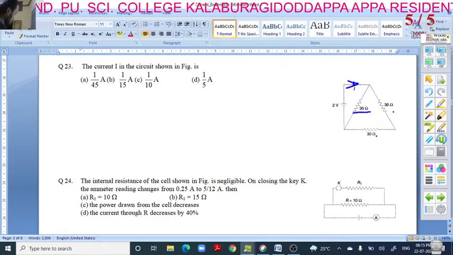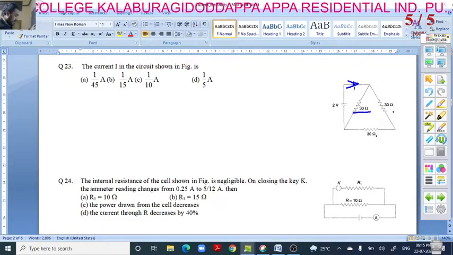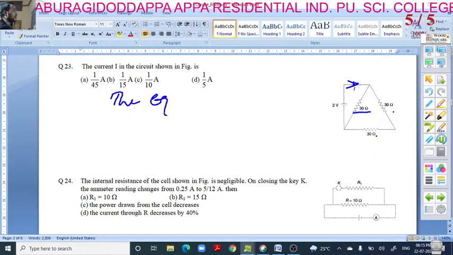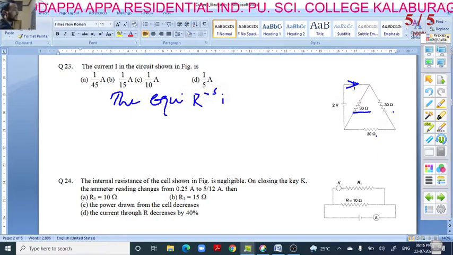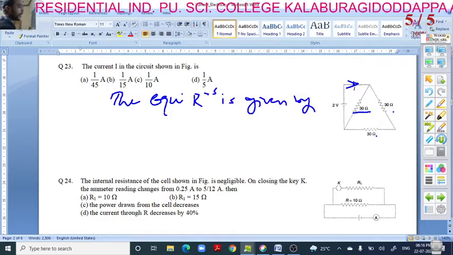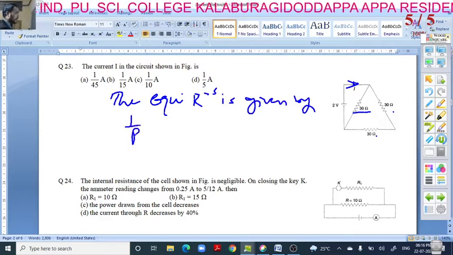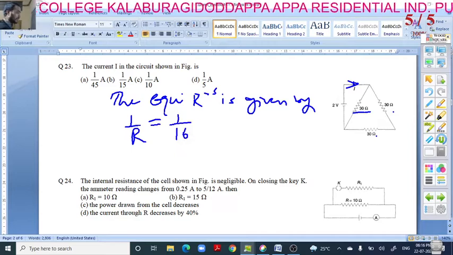So I will write the equivalent resistance is given by 1 divided by R is equal to 1 divided by 60